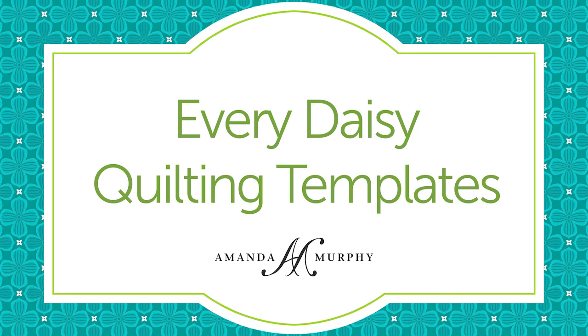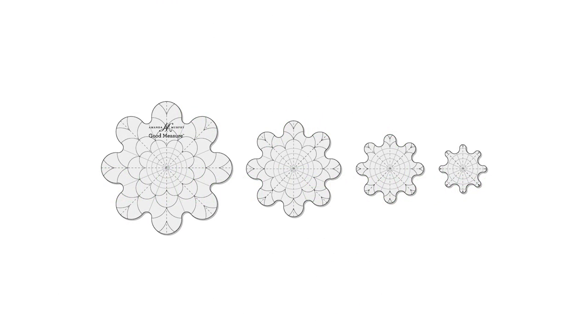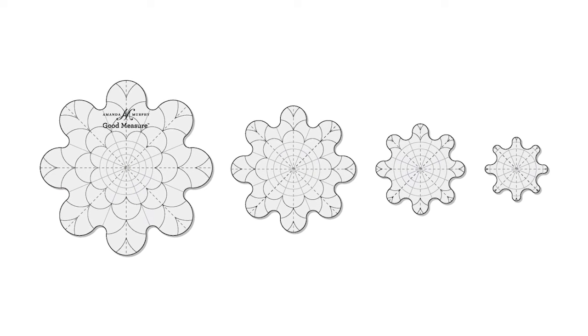I'm Bernina expert Amanda Murphy, and I'd like to show you how to quilt with my Good Measure Every Daisy quilting template set for Bernina sewing. There are 4 templates in the set, and they quilt designs that measure in size from just under 3 inches